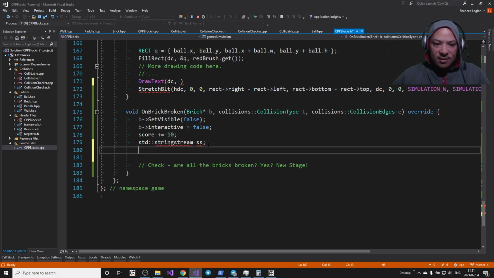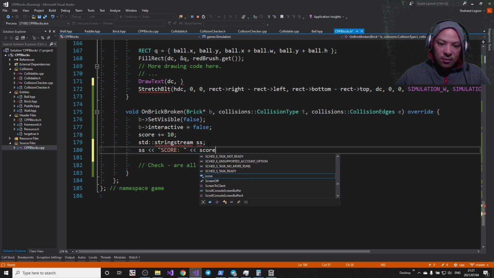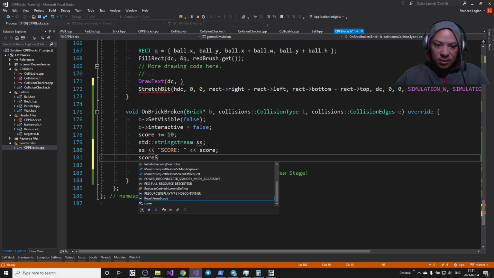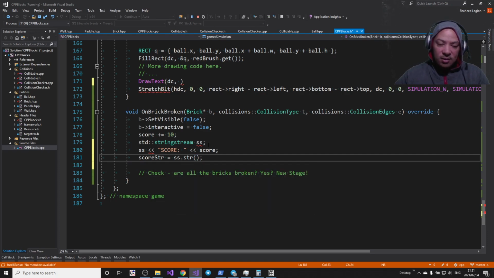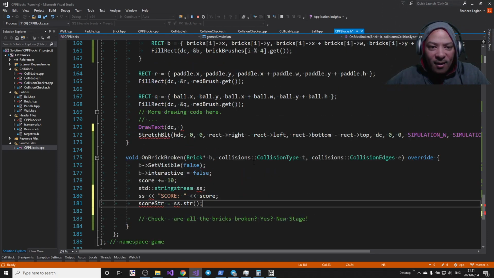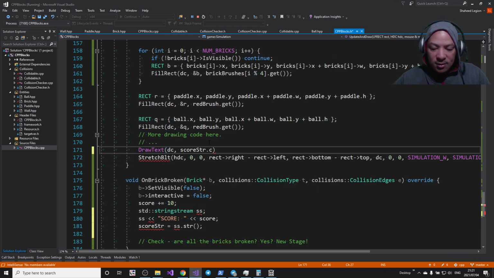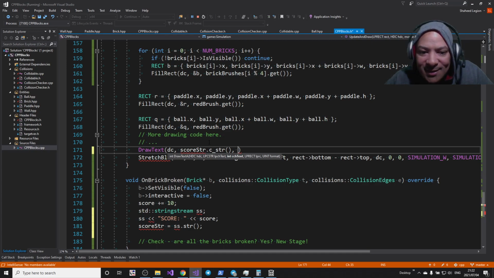String ss, score, equal ss dot right, and then I can throw text score dot c, come on, int cch, text score dot size, and lprc I guess is going to be like the